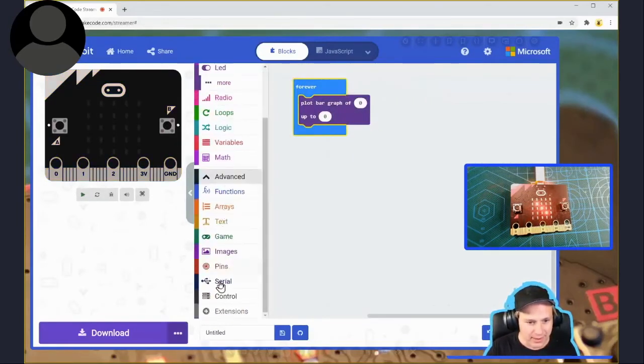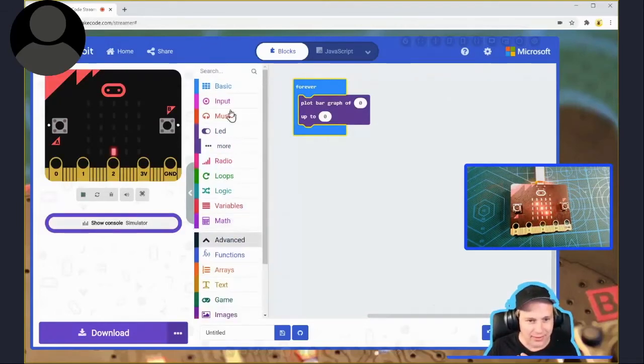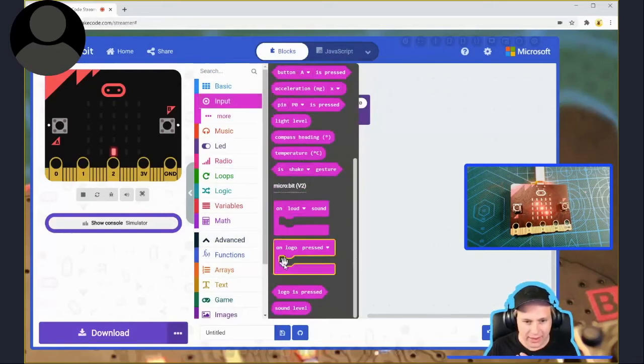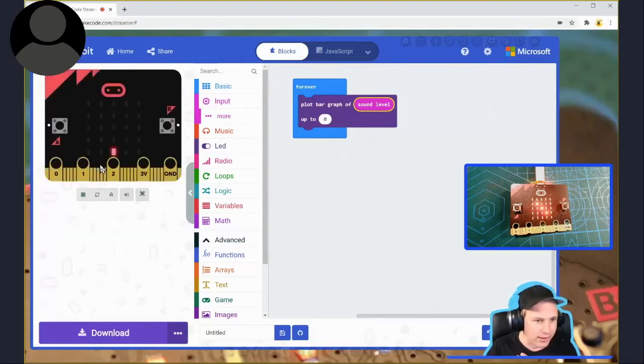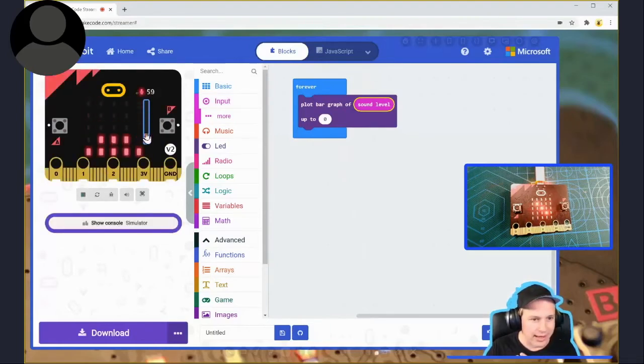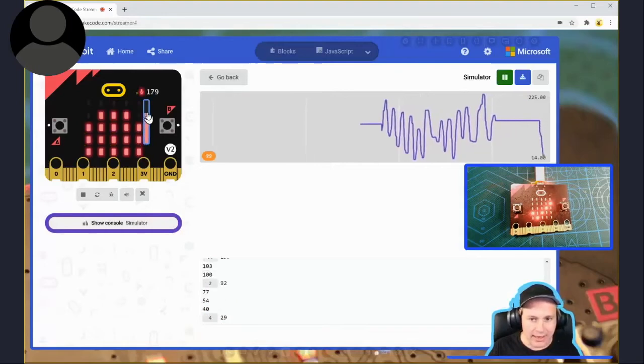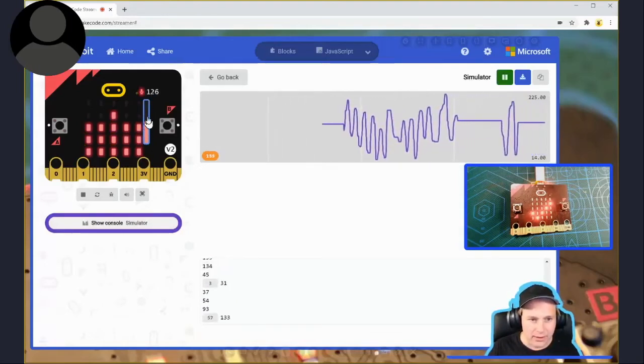Although maybe whistling in the microphone, I'm not going to make some friends. So I'm going to go in Input, scroll down all the way, and you can see we have new blocks for the Microbit V2, including the microphone. If I run this, you can see that's the way you see data, by simulating a microphone. I can see simulated data here. Now, what I really want to see is